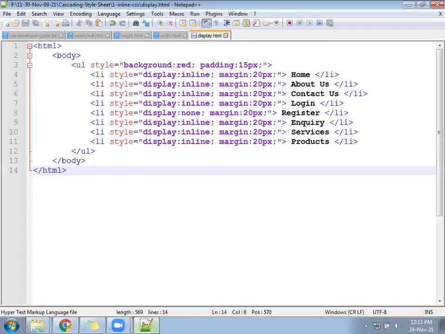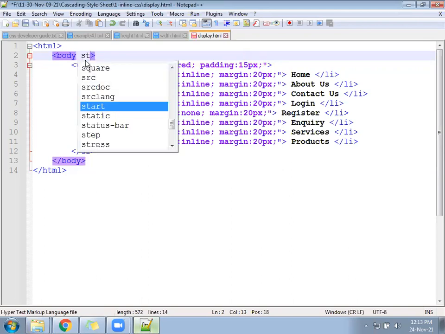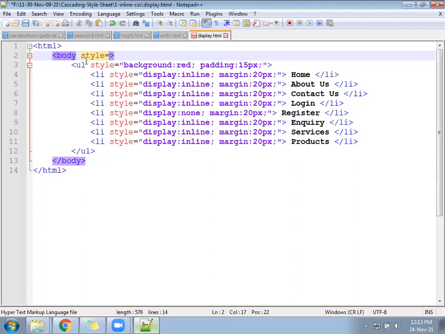And after that, block, if you say, it will go to the next line, depending on our line. Now look here, the menu looks like a menu, but there is some gap. Can you see some gap on the left side, some gap on the right hand side, some gap from the top? That gap is 8 pixel. 8 pixel for whom? Not for the UL, for the body. Body will leave 8 pixel on all sides by default. Now let's remove that. If you want to increase, you can increase also. If you want to decrease, you can decrease also.